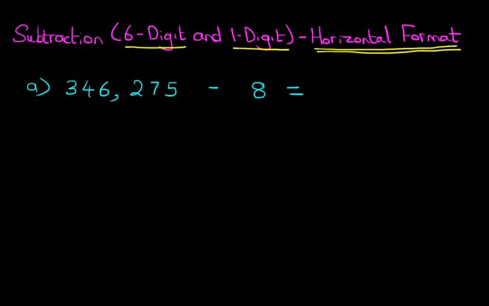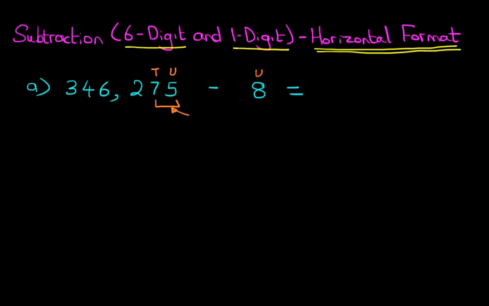Now the number we are subtracting is just simply units. There are 8 units. The number we are subtracting from has 5 units. Now 5 minus 8 is something we cannot do. What we're going to do is look at the tens as well. Okay, so now we've got